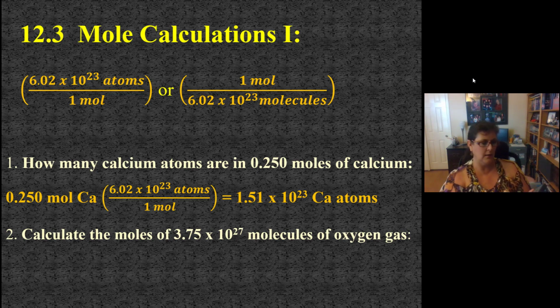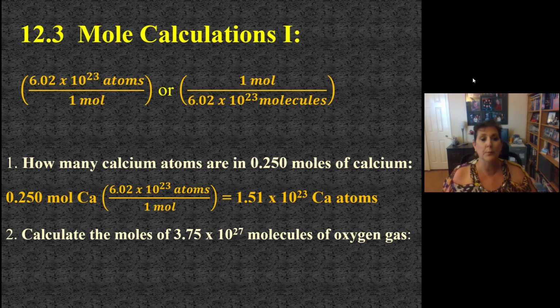So let me try that again. I've got to put in what we start with. 0.250 times 6.02 EE or EXP 23 divided by 1 mole. You really don't have to divide by 1, but I did anyway. Equals. And it says 1.505 times 10 to the 23, but how many sig figs do we have? We started with 3. Avogadro's number has 3, so 3. So we round it to 1.51 times 10 to the 23rd calcium atoms.